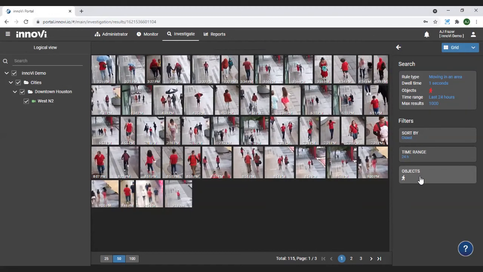Now, I want to point out in this illustration, we didn't have to reprocess the video. There was no time waiting for that. We didn't have to scroll through video to then figure out people in red. We were able to literally in 10 seconds look backwards 24 hours. I could have done this on 10 cameras and it would have actually been the same speed, because the secret to what we do is we're able to process that video very efficiently as it's received and create metadata on the fly. That gives us an extremely fast search capability.